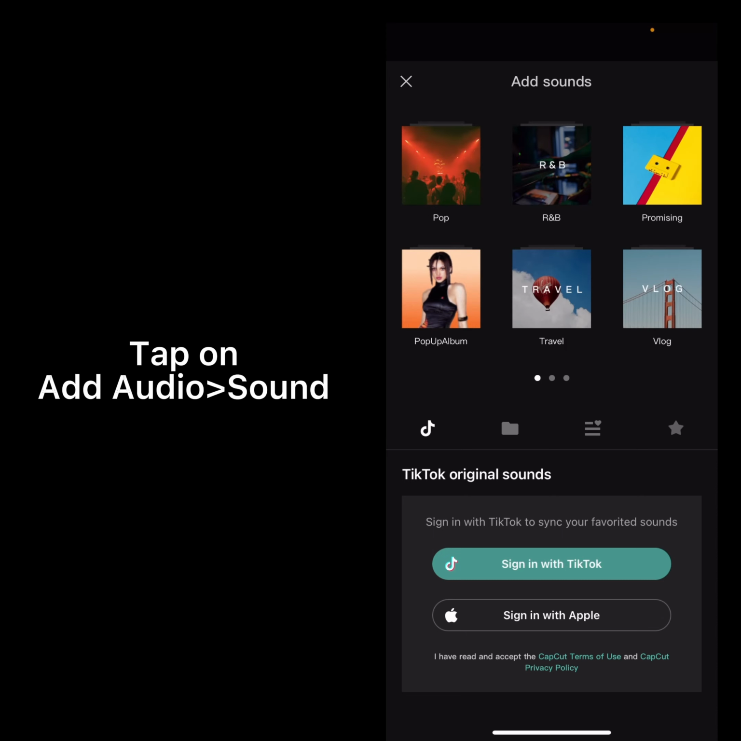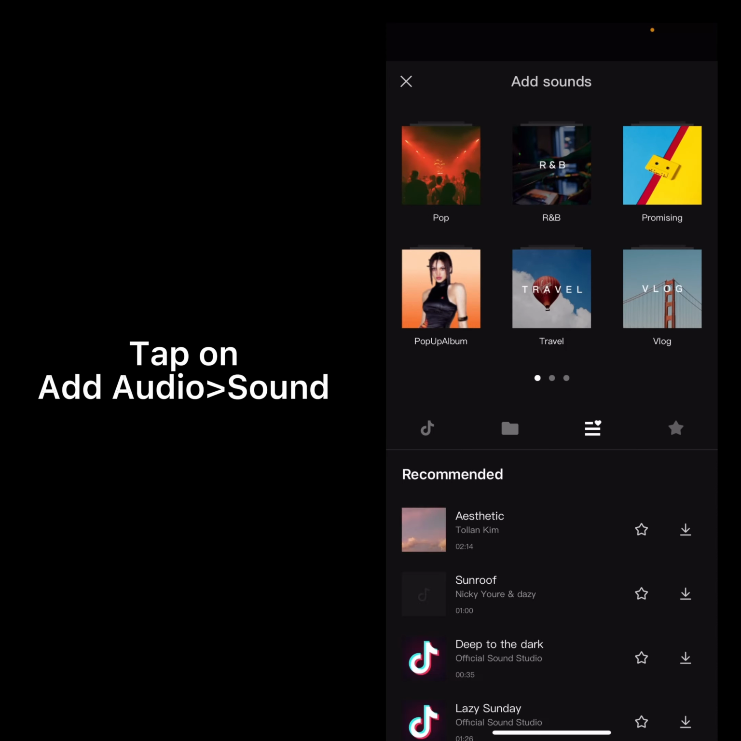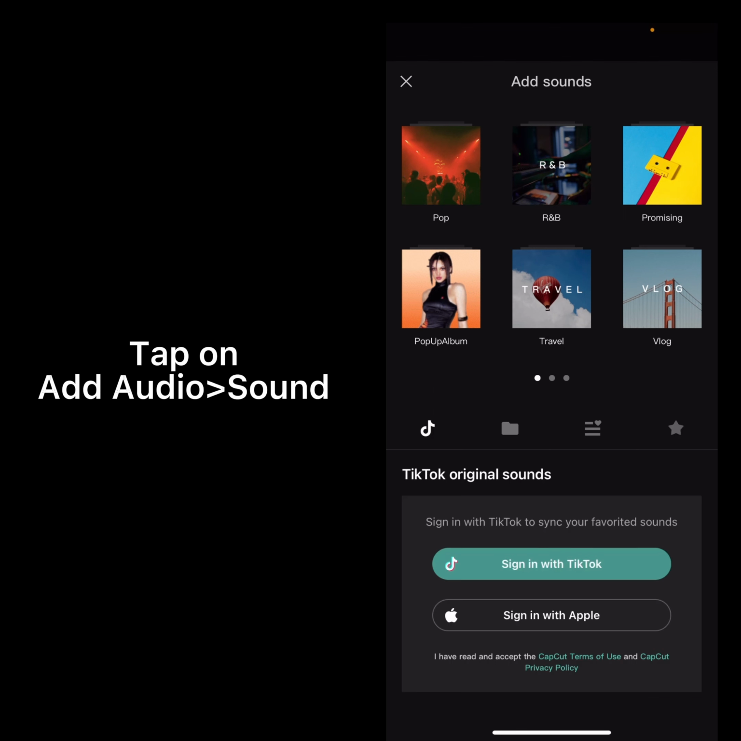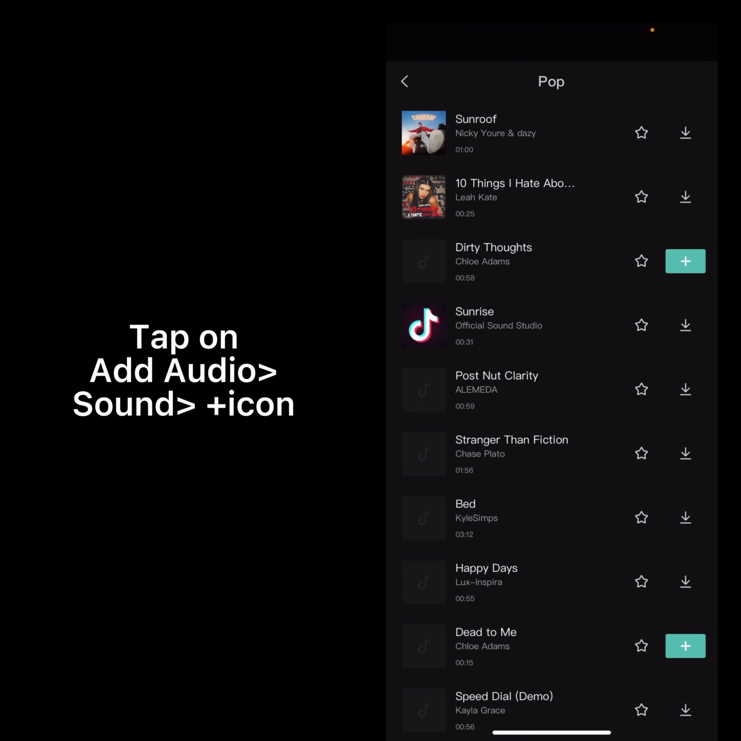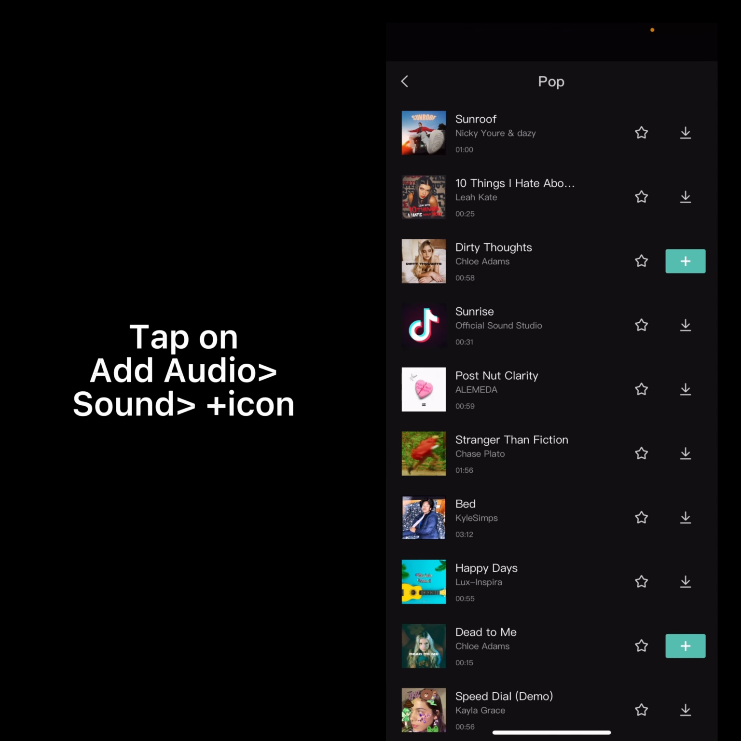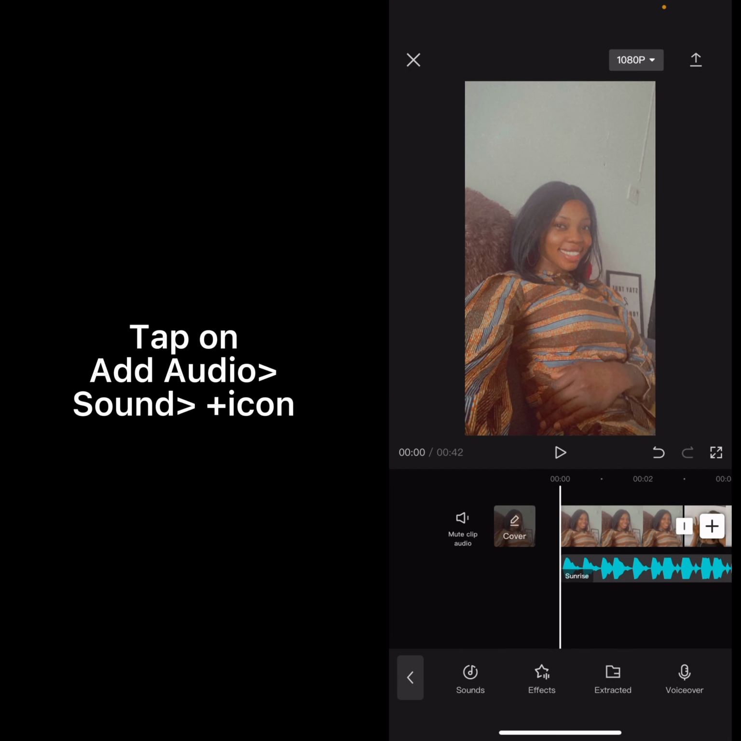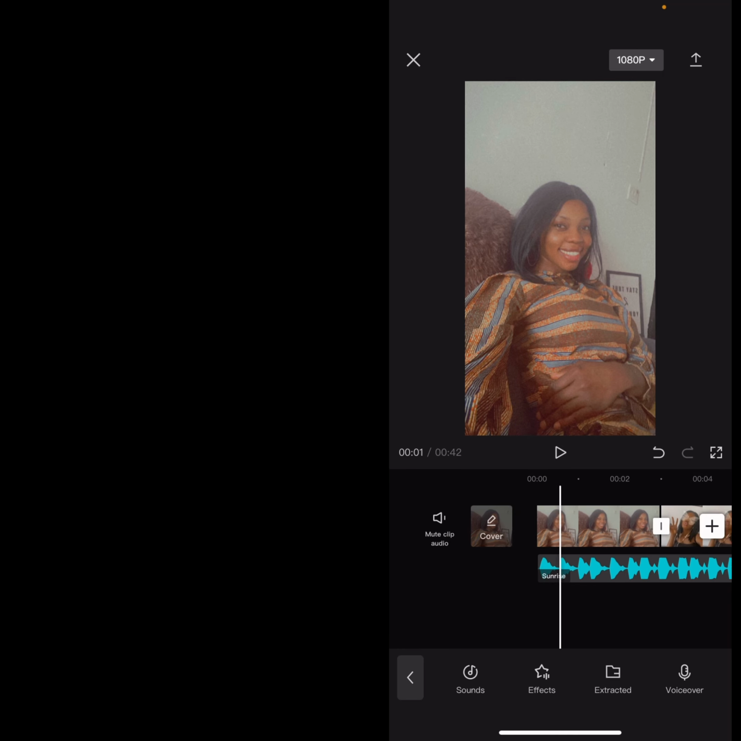If you have a sound on your phone that you want to use, just tap on that file icon from device and then go ahead to add it. But if not, you can just choose from the sounds that I have on the app. So you can preview these by listening to them to know what you want. This audio has the beat that I want,